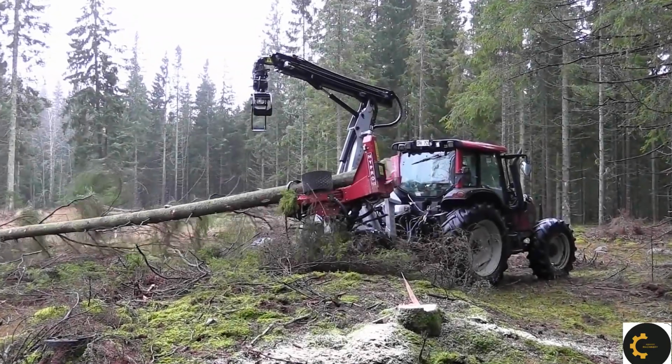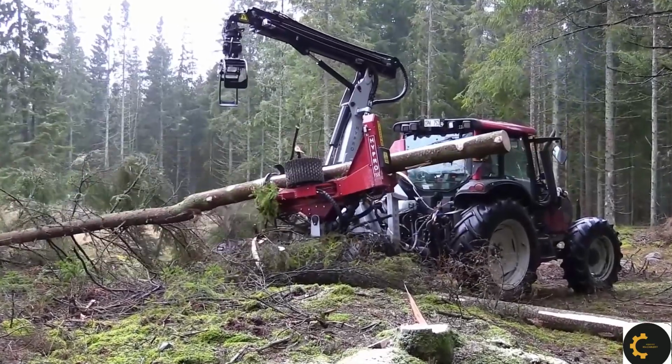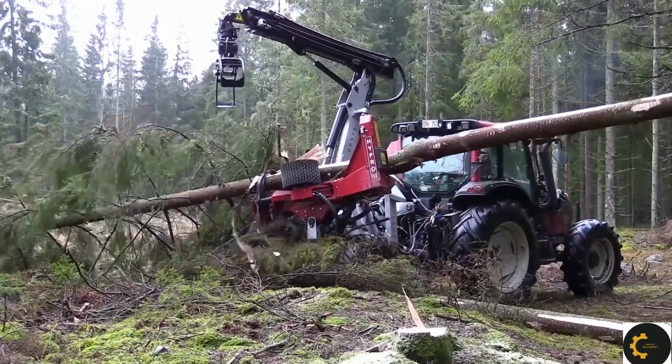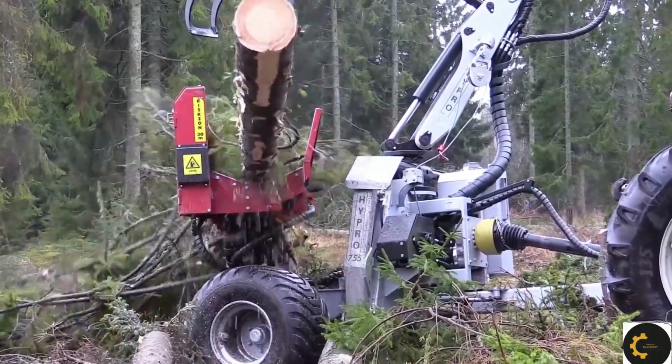Safety is paramount in forestry operations. The HYPRO 755HB is equipped with safety mechanisms to protect operators and ensure smooth operation, even in challenging terrain and conditions. The FG45 serves as the carrier for the HYPRO